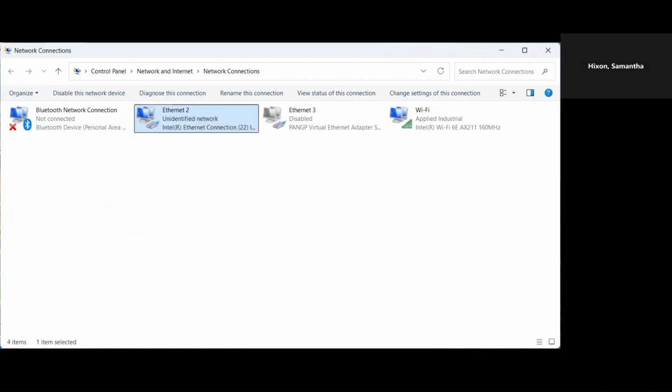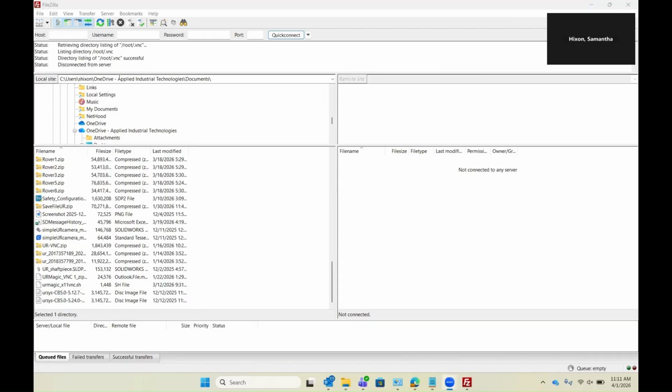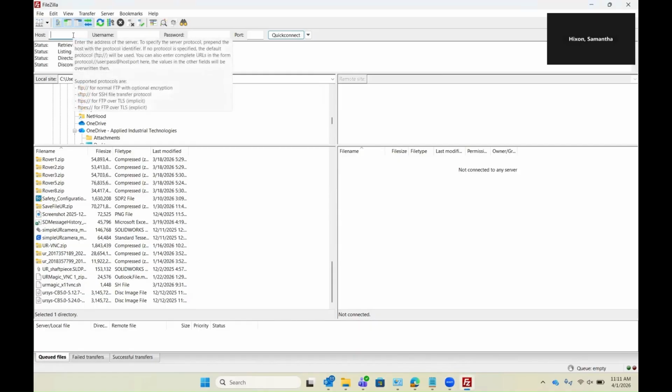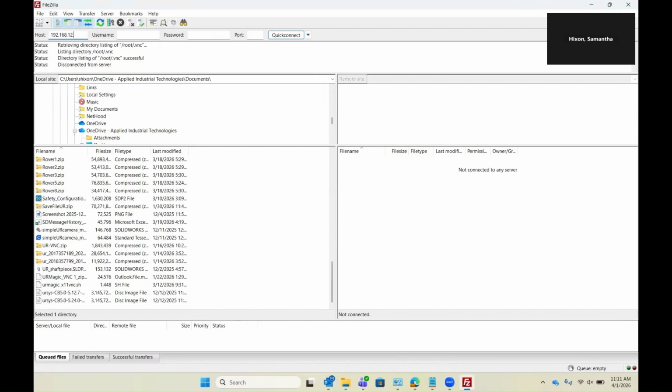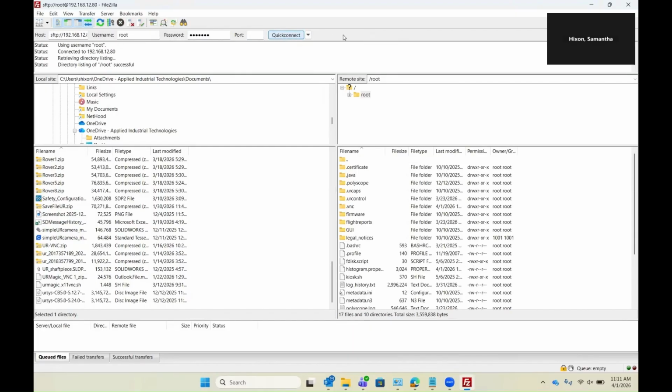If you are having trouble, it's not installing or it says it's installed, you can go into FileZilla. I find FileZilla very helpful. It allows you to access the files on the UR's Linux system. As you can see, I'm typing in the IP address I set for the robot, the username root, the admin password, and the port, and as you see, I'm able to connect to the